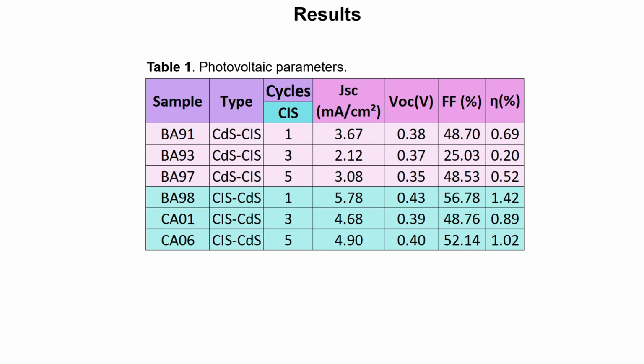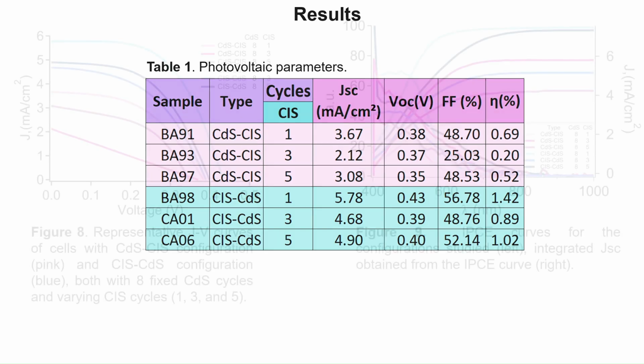Results. Samples were made with CdS-CIS and CIS-CdS configurations, with 8 fixed CdS cycles and varying only the CIS cycles by 1, 3, and 5. Table 1 shows the results of the photovoltaic parameters. The first 3 samples with the CdS-CIS configuration show that there is no linear behavior in these results. Starting with the sample with 1 cycle of CIS, it is seen that the current decreases when increasing to 3 cycles, and when increasing to 5 cycles it rises again, as can be seen in Figure 8 of the JV curves, pink curves,